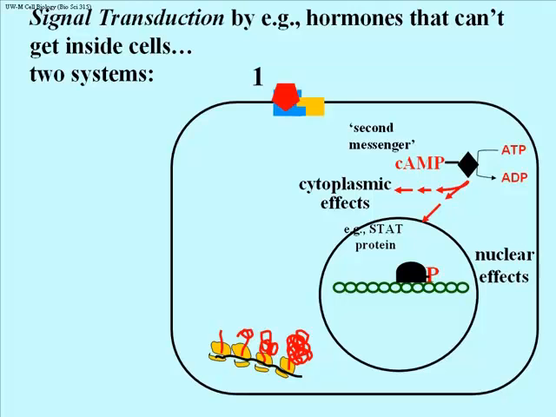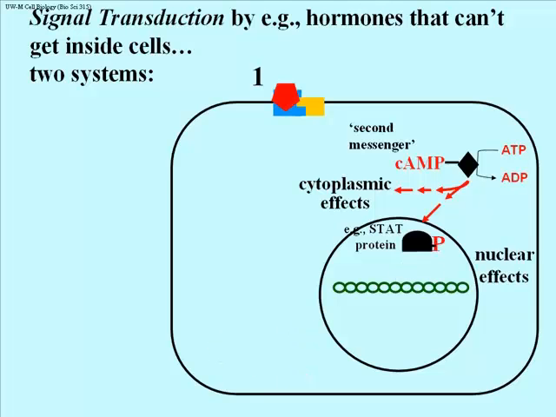And that phosphorylated protein, which we just saw, let's try to see if I can do it again. There's the STAT protein without a phosphate. The result of the phosphorylation cascade is to phosphorylate the STAT protein in the nucleus, which now again has affinity for DNA in the vicinity of a gene that needs to be turned on in response to whatever that hormone was. And we see that happening by the induction of transcription, the activation of transcription. The transcript then again leaves the nucleus, goes into the cytoplasm. There, of course, it is translated.